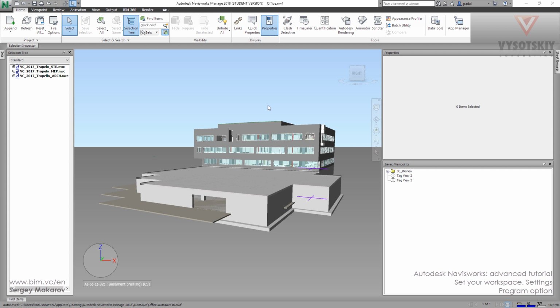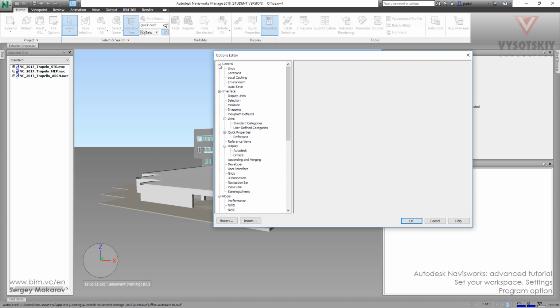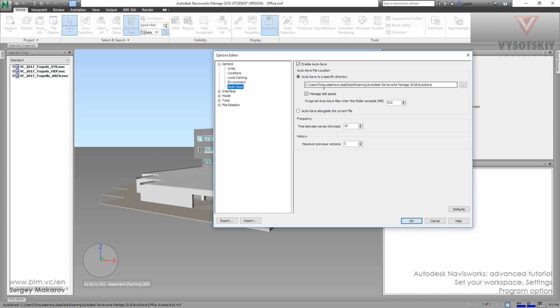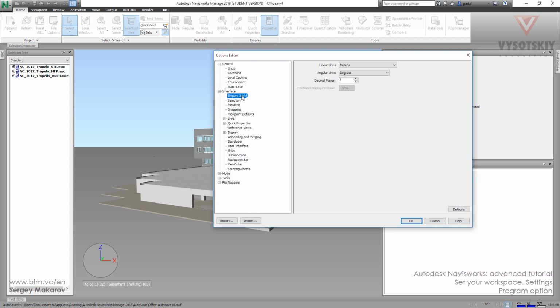We're finished with file options, and let's go to the Navisworks options, to the program options, and options. And here we have five panels options, the general ones, and the most important thing is autosave, where you can set the special directory and the frequency of autosaving. Then the interface settings, the display units we use in the scene, the selection settings,